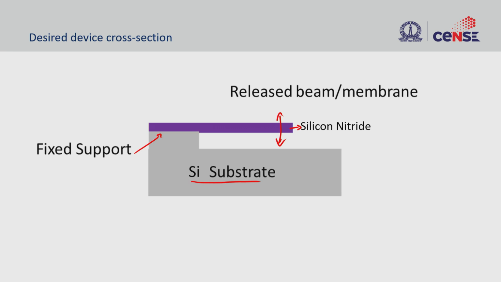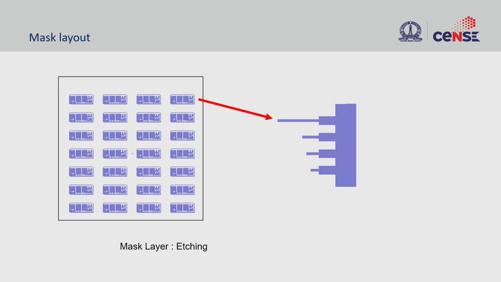If you look at this device from top down, it might look something like this, right? So this is a free hanging side. This is the membrane that is free hanging, and here this is fixed, right? So we would like to fabricate this device, and there are multiple processes involved in fabricating this. And the first step that we have to do is to design a mask that is required, right? So first we have to make a mask, right?